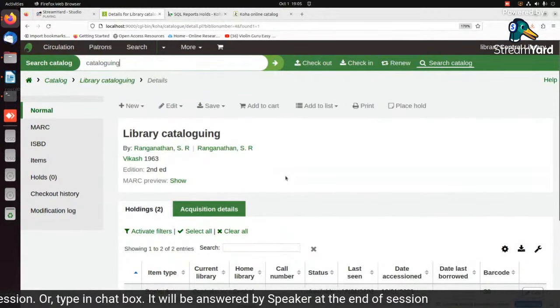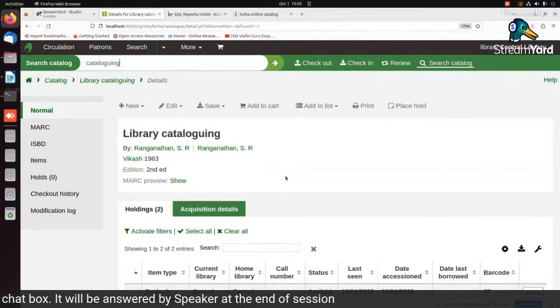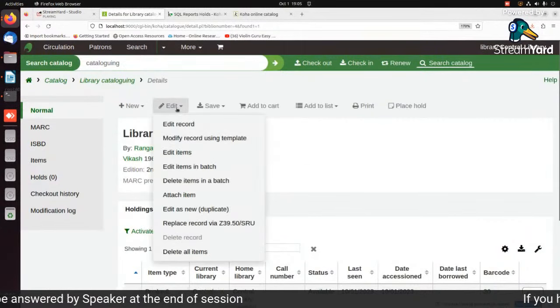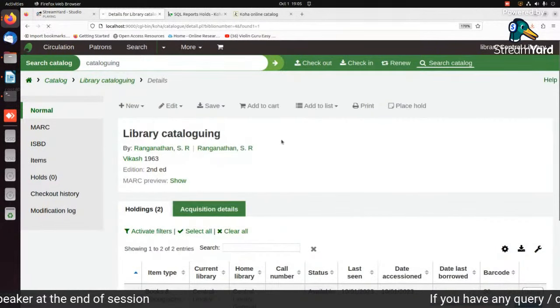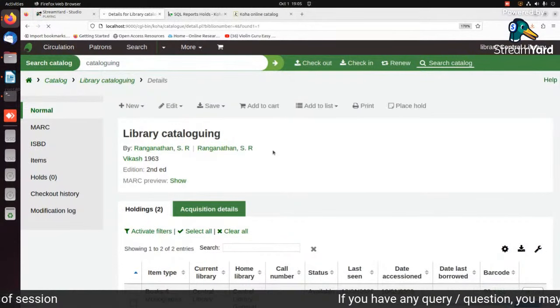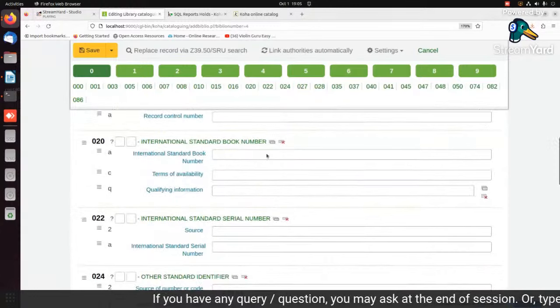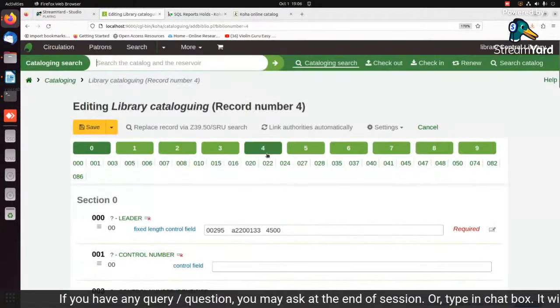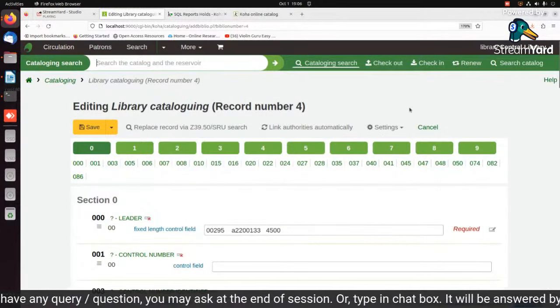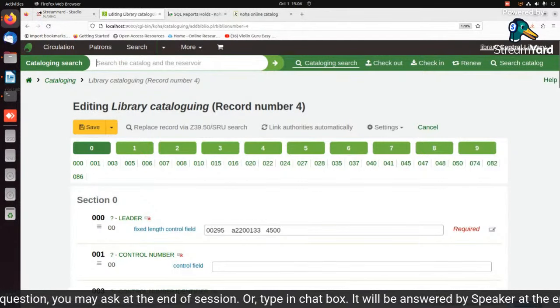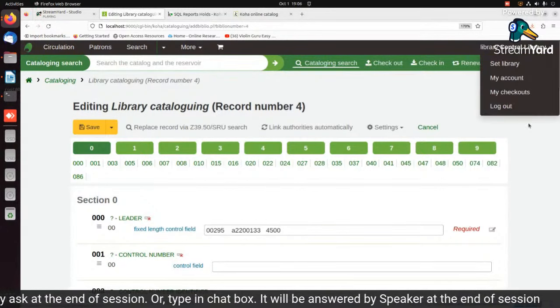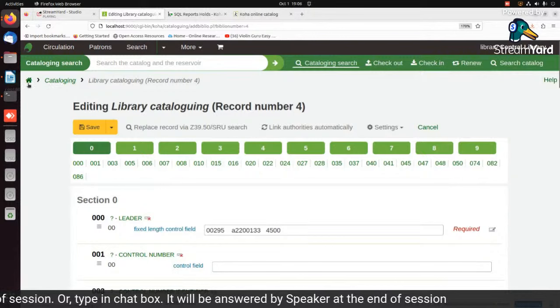Now after processing this, you can send this book to the cataloging section. They will open this title and fill up all other details. The cataloger will complete the detail in Koha. So this way you can complete the